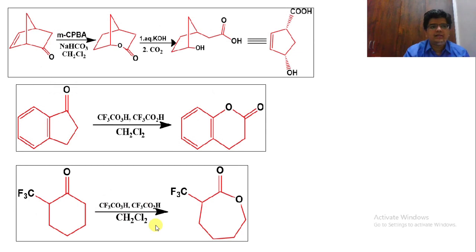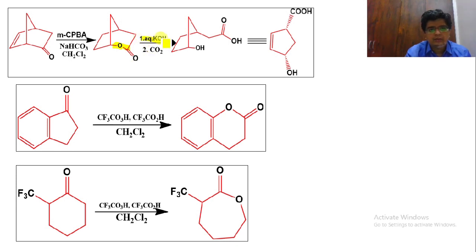Okay, so now let us take one more example. Suppose we have a bicyclic compound with a ketone over here, so this is our endo product, endo insertion. This endo insertion, or we can say the exo product or endo product, I have already told in my video. You can watch over there, exo and endo attack.